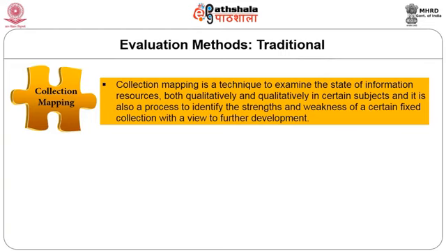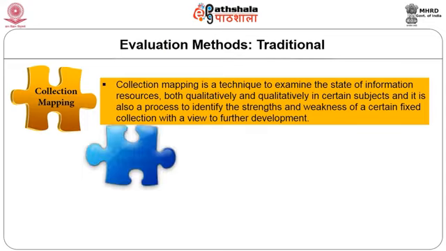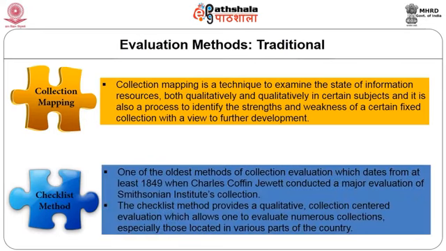The other method which has actually transformed with the advent of technology is the checklist method. This was first started by Smithsonian Institute in US, where the checklist method acts as a collection development tool, not just an evaluation tool, by illustrating the holes in the collection. This method is in practice for checking the library collection against a list of notable books or materials to see whether the collection includes these titles or not. This was the oldest method of collection evaluation, and its first recorded use occurred in 1849 by Charles Jewett at Smithsonian Institute in US.